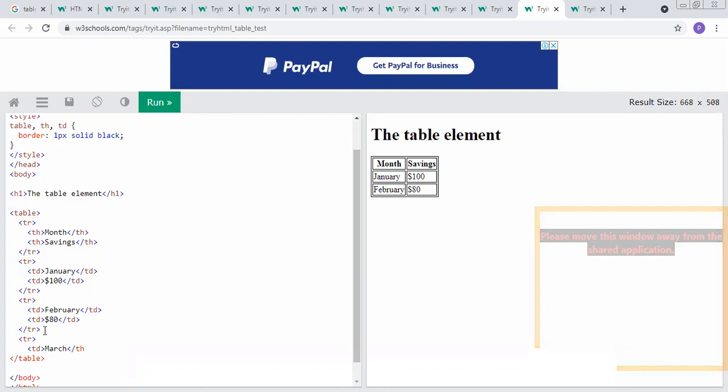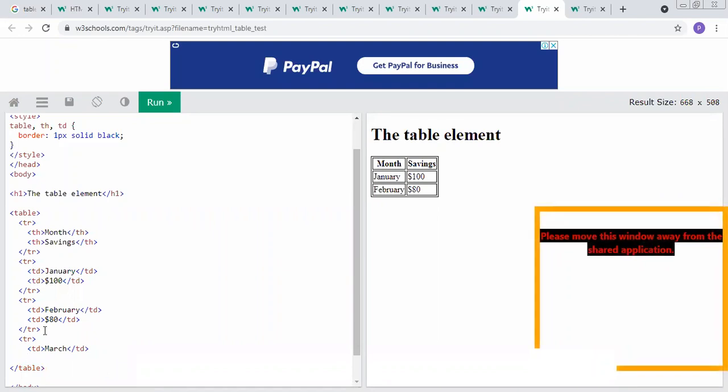Closing the td tag means we close that particular data content. Basically the td tag is used to represent table data, meaning we define the cell contents in the given table. With its help we mention the cell content as March.